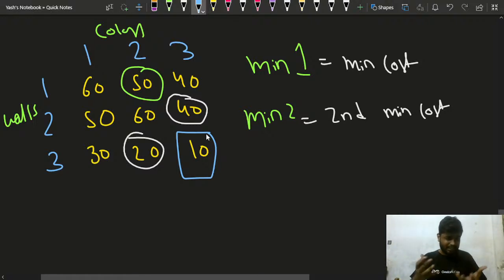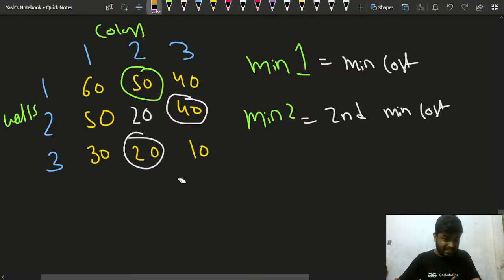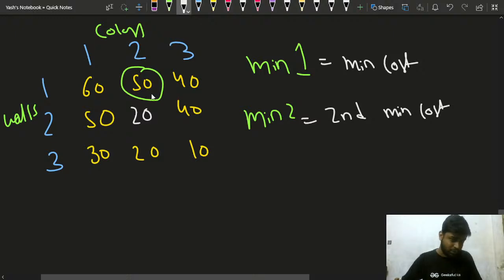And if you consider a test case where the number of walls will be a lot and the number of colors will be a lot, in that case you might end up skipping a lot of walls that provide you the lesser costs, right? Suppose down here I have just 20, so I can say that I'm missing this 20 and I'm missing this 10 both. Because if you have chosen this second color, you cannot choose this color, right? Agree in the chat, right? Please write agree in the chat.